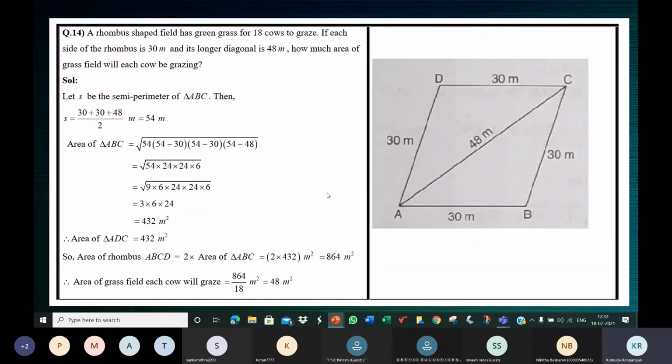Now suddenly we feel there is another formula to find the area of a rhombus: half D1 D2. You want to use that. But you know D1 is 48. You don't know D2. So you want to find D2 and use this formula. That is what we just discussed, for which you have to connect BD.